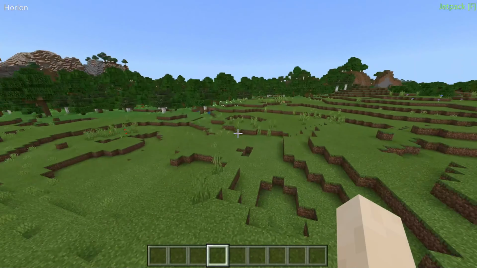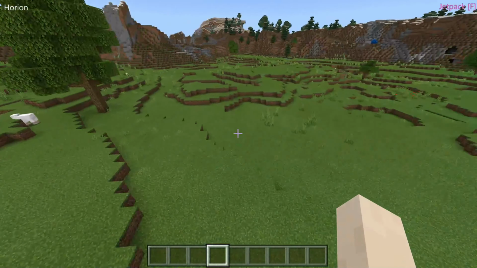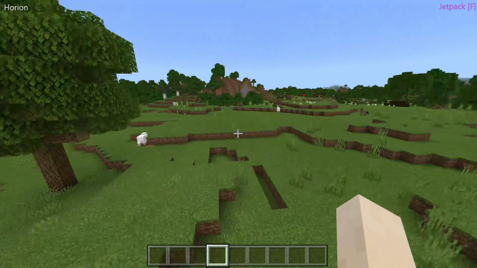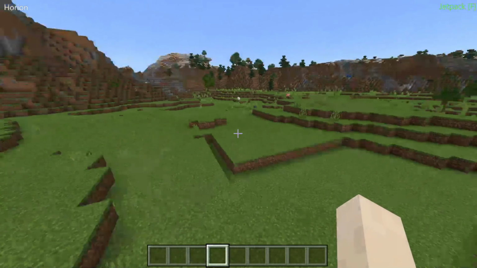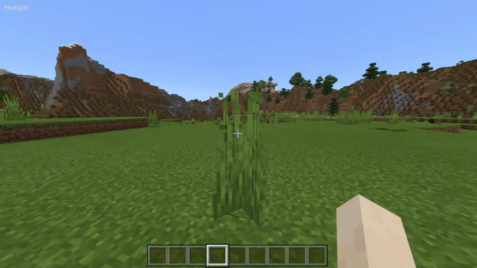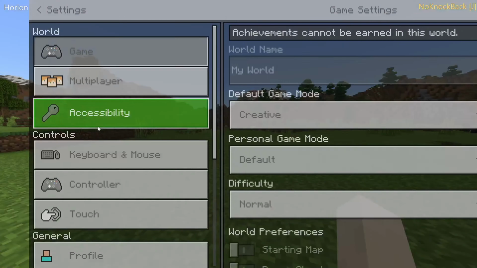Okay, honestly, for such an early version, this looks pretty good. You know, 1.12.0. This was the first version of Horion that was fully, more publicly released. This feels really weird, but it works so incredibly well, which is crazy. There we go. Turned it off right there. So let's see if some other things work. So no knockback. Let's go into...